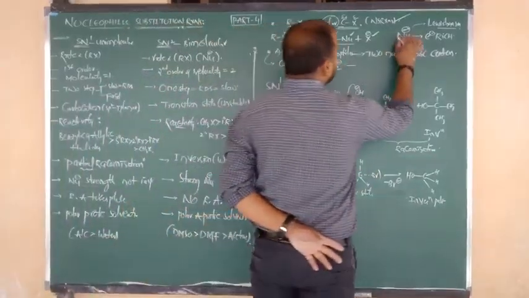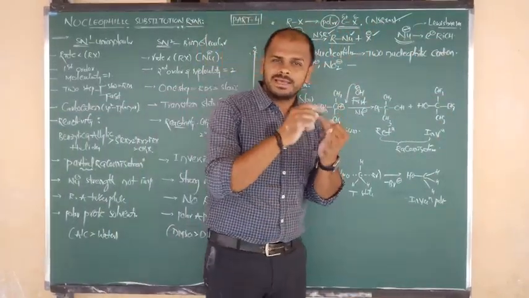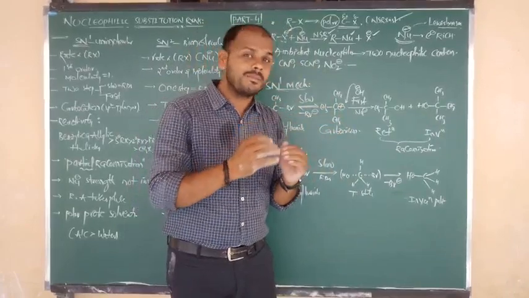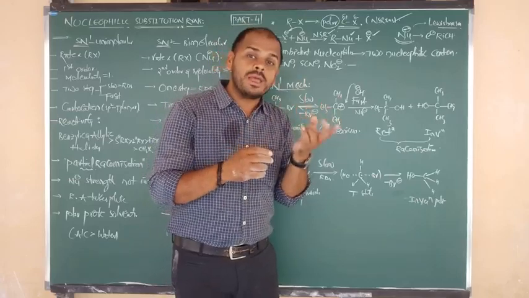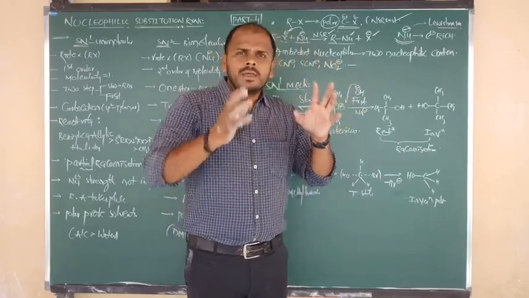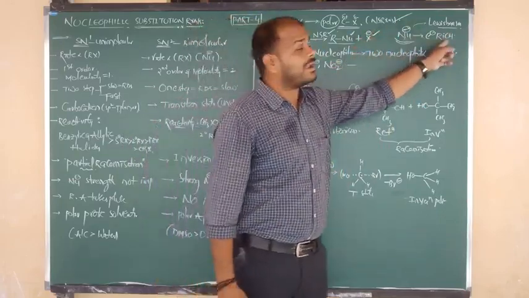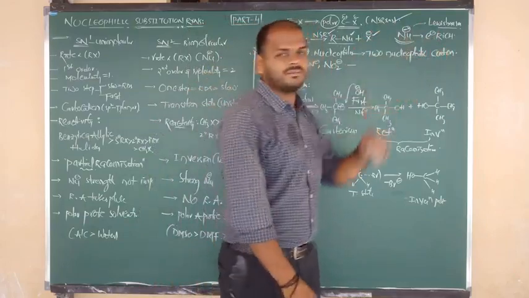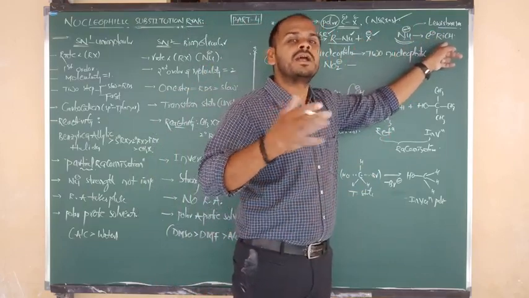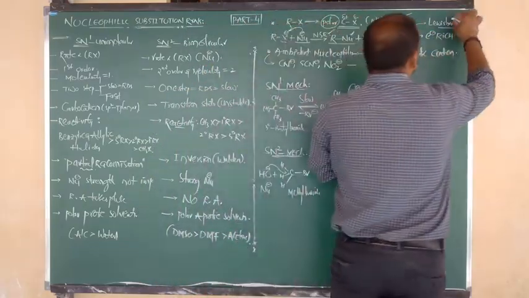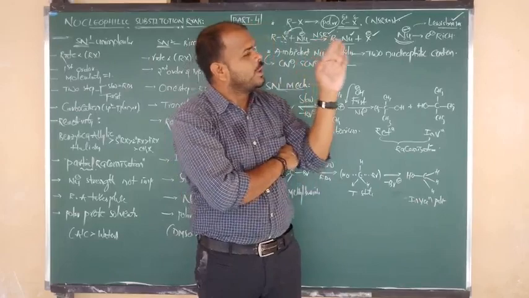Good. First of all we are going to discuss, what is meant by nucleophile? Nucleophiles: Cl minus, F minus, OH minus, Br minus, CN minus, all of them have a minus charge, right? And also ammonia, in which nitrogen contains a lone pair, meaning the species which are ready to donate electrons, meaning the species which are in electron rich condition, they are the nucleophiles. Due to their electron richness they can act as electron donors or lone pair donors. That means we can say Lewis bases. So nucleophiles are nothing but Lewis bases.